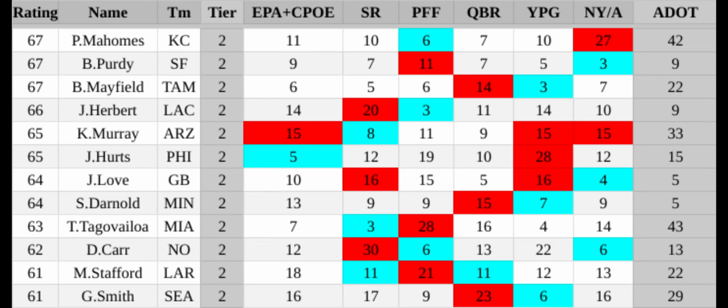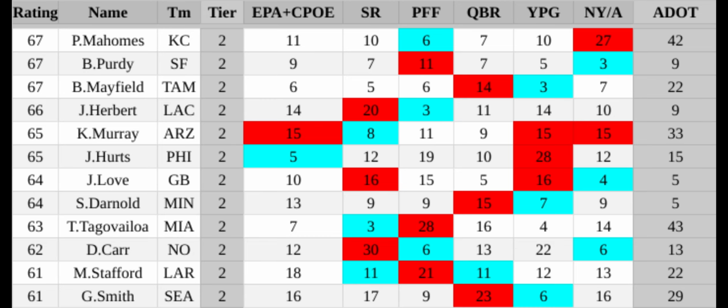Next, we have Tua, who is always going to give you logical fans, of course, the ones that don't have any bias or strong opinions. As no one would ever say he's not an NFL caliber quarterback, and no one would ever say he's a top 5 quarterback. I'm joking, of course.